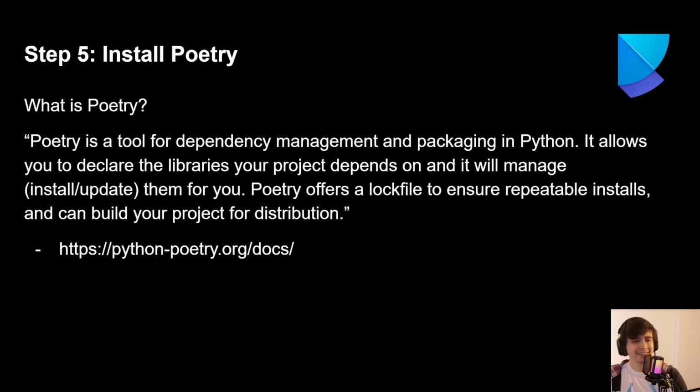What's the next step? The next step is installing Poetry. But what is Poetry? It's a tool for dependency management and packaging in Python. What does that mean? When you're installing a Python library, it depends on multiple libraries. So one library depends on 3 libraries, and every library also depends on other libraries. So there is a tree of dependencies, and you do not need to know what you need to install. When you use Poetry, it knows exactly what it needs to install for your library to work. Also, it helps you with other things.